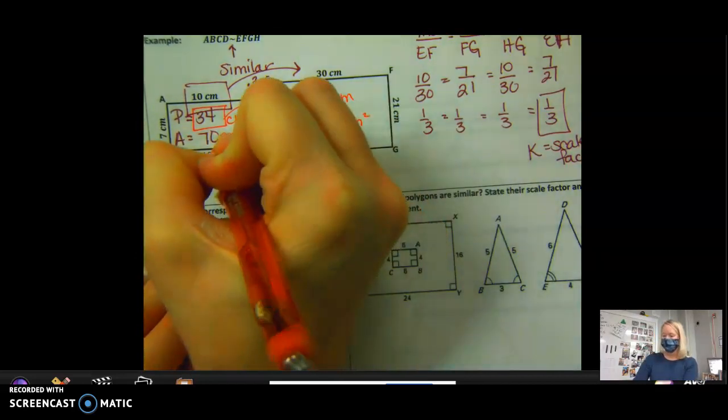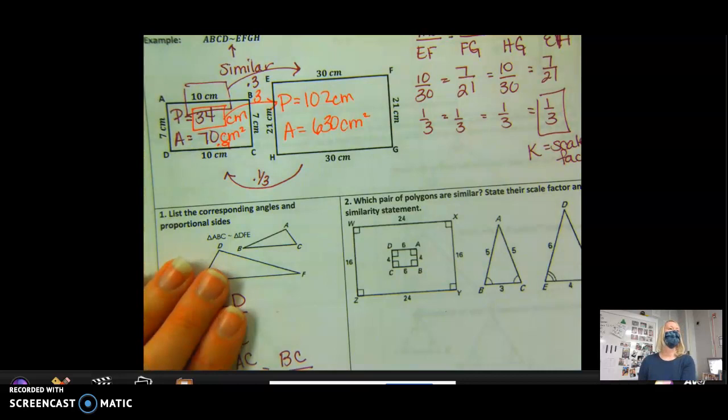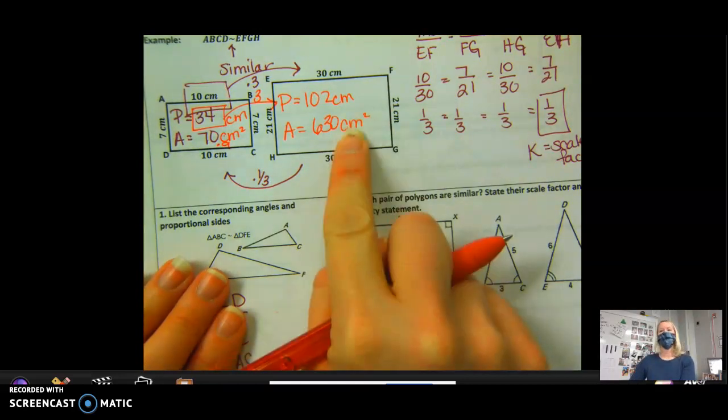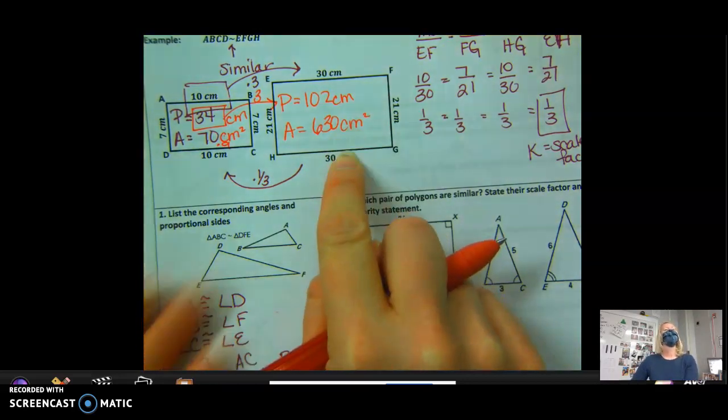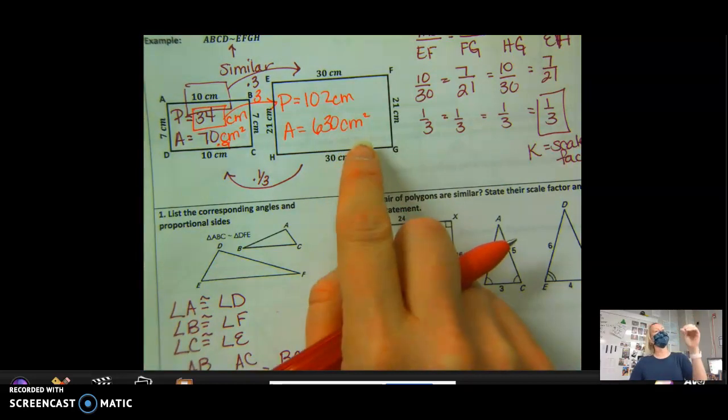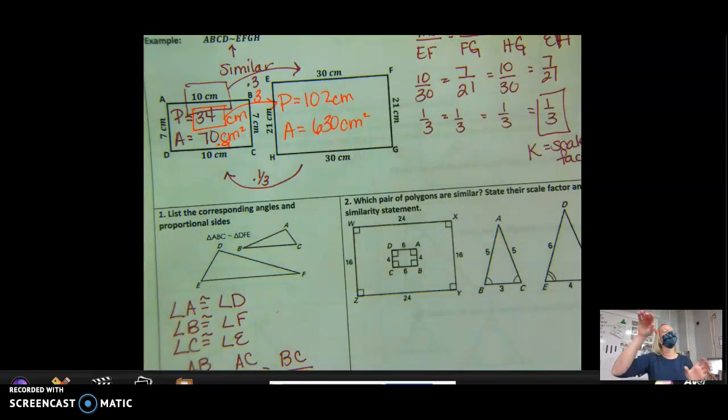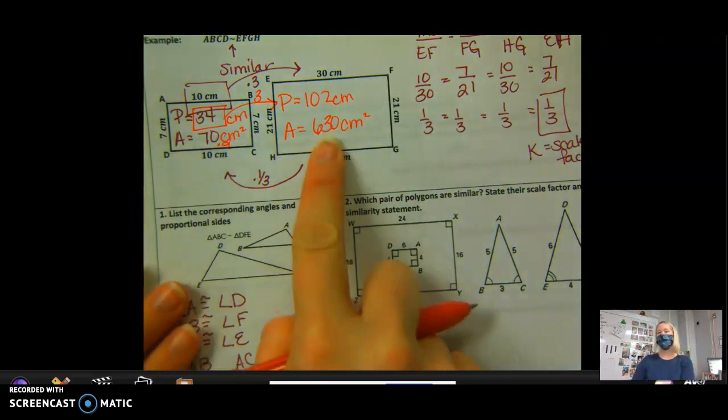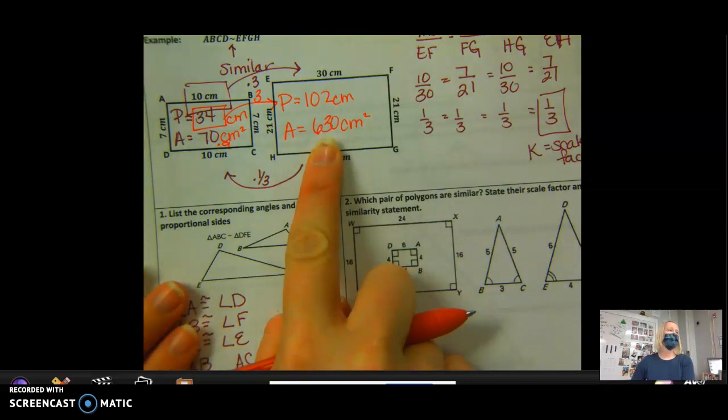9. What's 70 times 9? 630. Remember it's squared because it's two-dimensional. It's a length times a width, so it's increasing by 3 times on each side, so a total by 9 times. Okay? So if they don't give you, this is a good question on a test or a quiz or